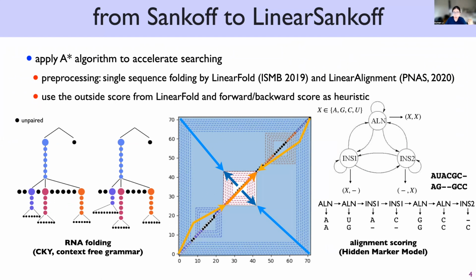So we combine the inside score and the estimated outside score together. We get an estimated total score from the source to the destination. And we re-rank by this estimated total score and only keep the top B. By adding this estimated outside score, we